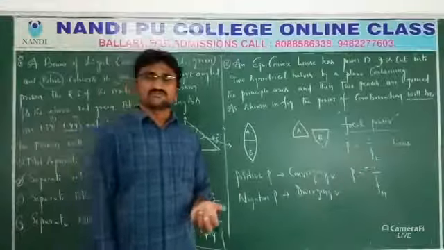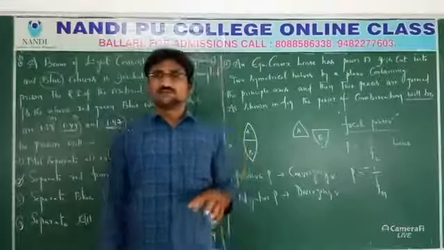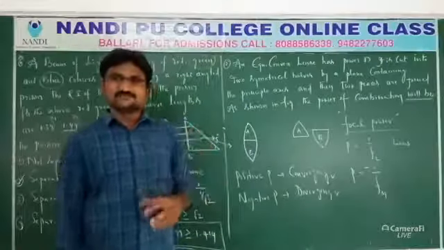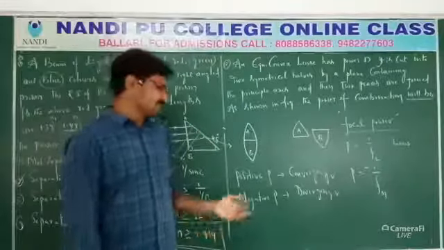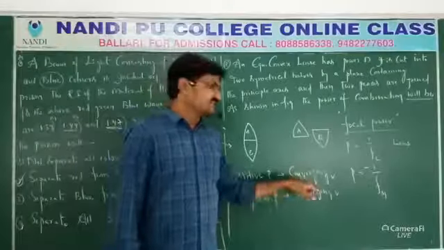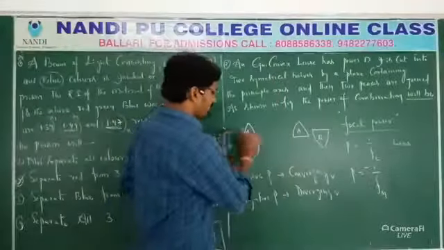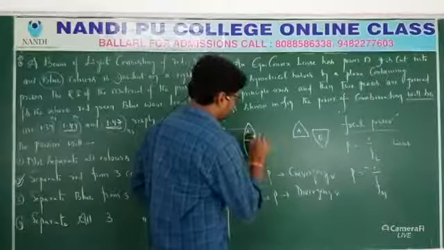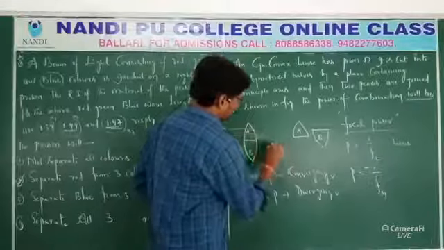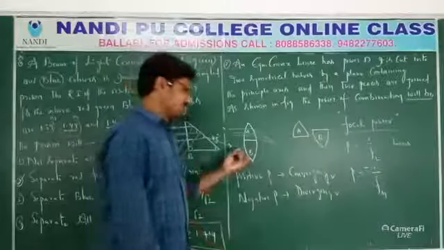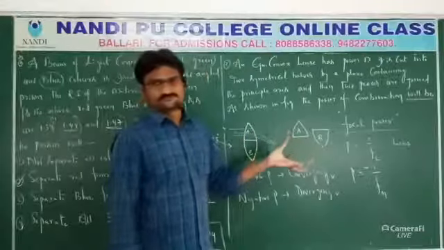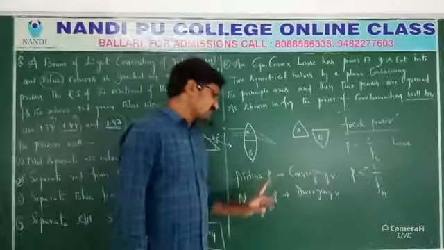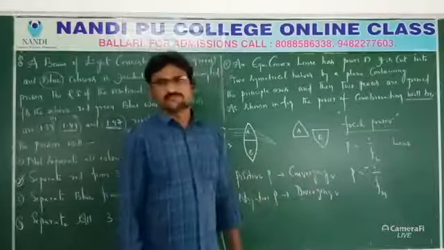We use a concave lens, negative power, for myopia. A convex lens, positive power, is used for hypermetropia. In the sense, what is the meaning here? We are just using positive and negative powers, converging beam. So after refraction, what will happen? For example, this is the lens. Once the rays fall here, they come together like this. Yes, it is a converging beam. A diverging beam means it will diverge out after refraction. That is the idea. So positive power means converging beam. Negative power means diverging beam.